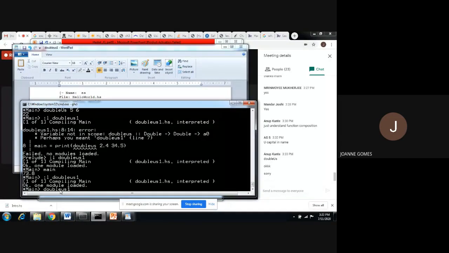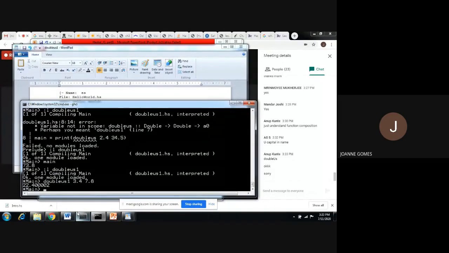And let's give some fractional numbers. 3.4, 7.8. So it will square these numbers and add them, right? Because in the definition of the function, we have said float: two float inputs and one float output.